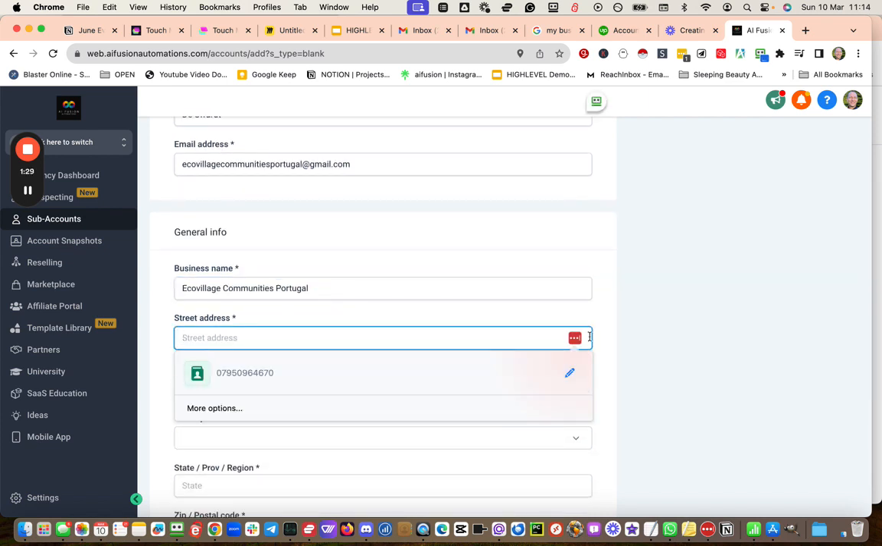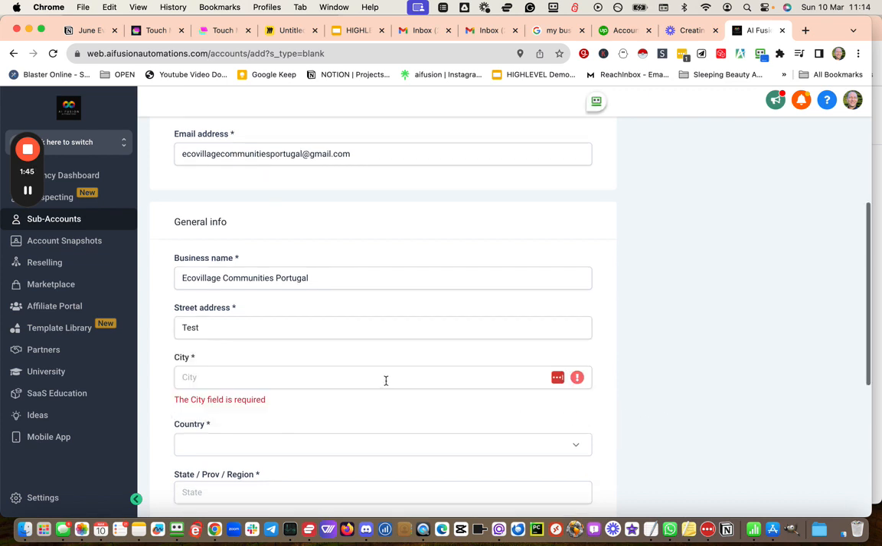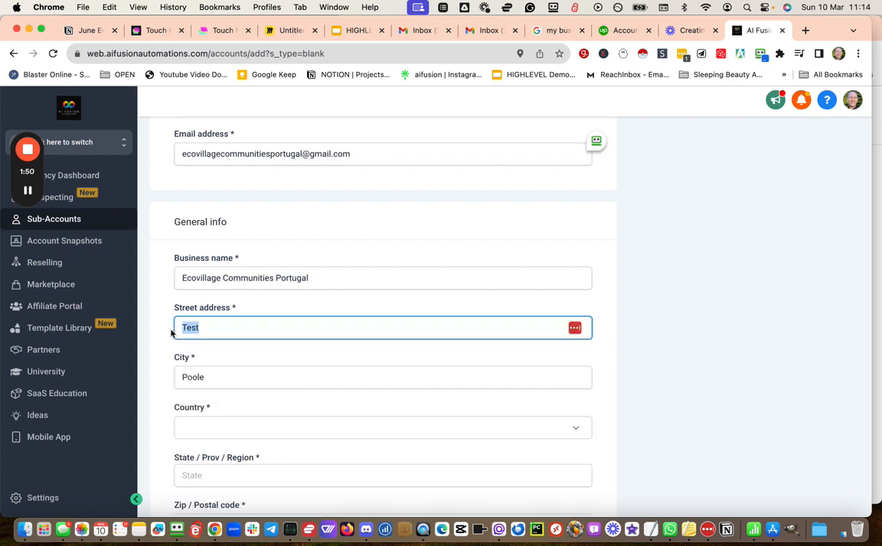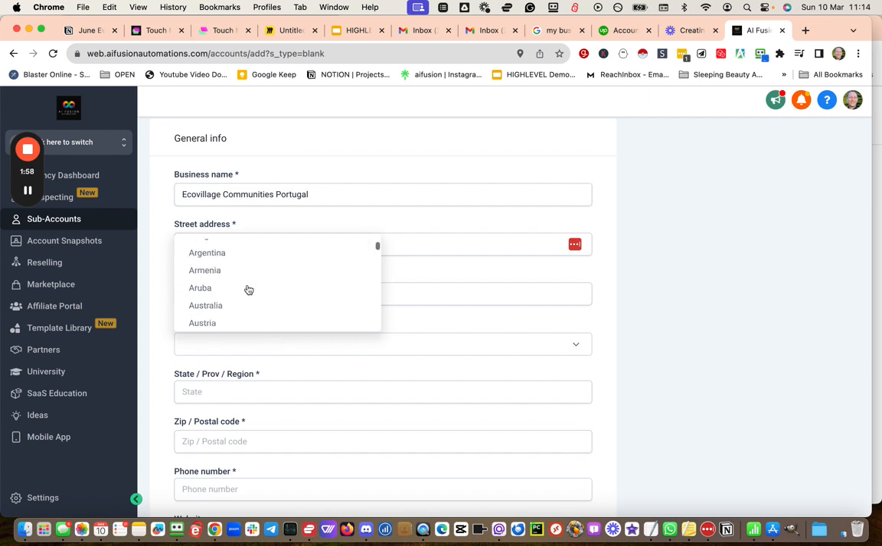We're going to put the address. What are we going to put there? Just for now, let's just put test. Not really worried about this for now, but yeah, if you want to fill this in, pool. In fact, let's put the correct address, 13 Wareham Road. It's good to do that properly in the beginning, I guess. Even though this is for Portugal, this address is based in the UK, because I don't have a Portugal address. Nevertheless,